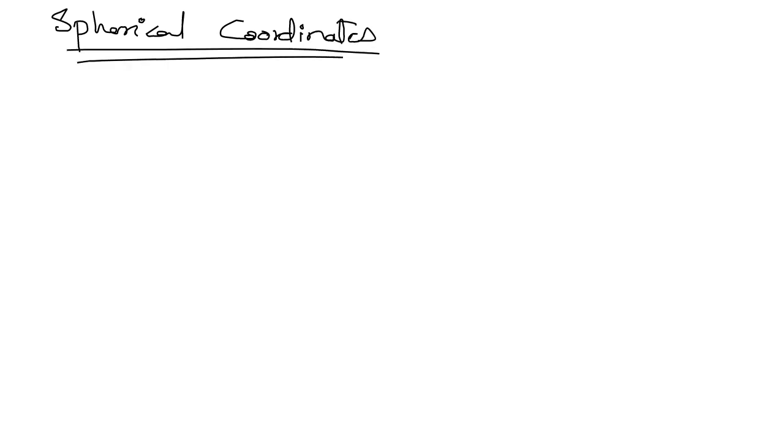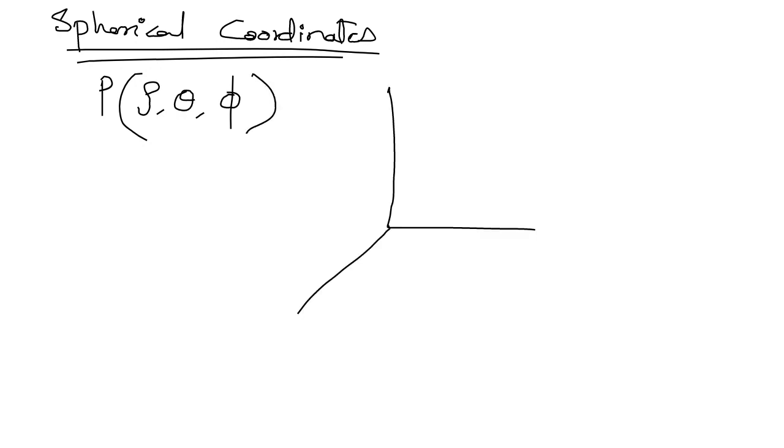Similarly, you can find the spherical coordinates. Spherical coordinates are which one? Anybody know? X, Y and Z are the rectangular, not spherical. Spherical have rho, theta, and phi. So that can be represented in the x, y, and z plane, that this is the point P, which has rho, theta, and phi.